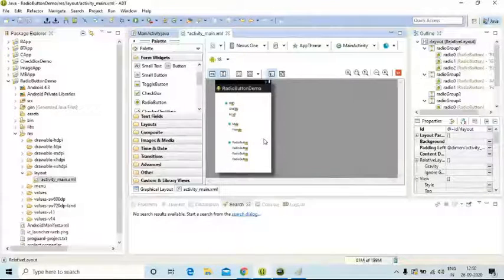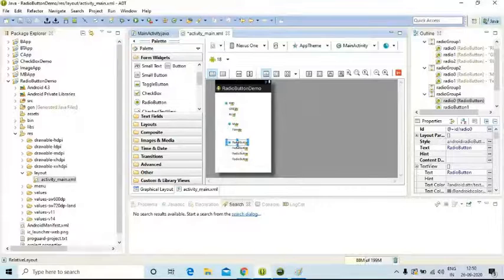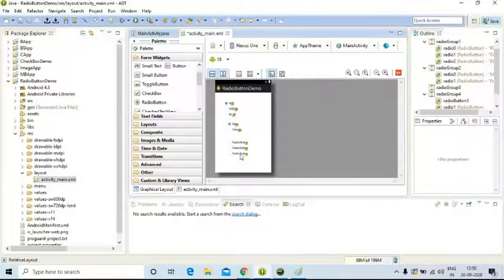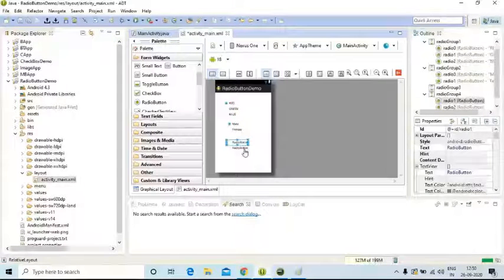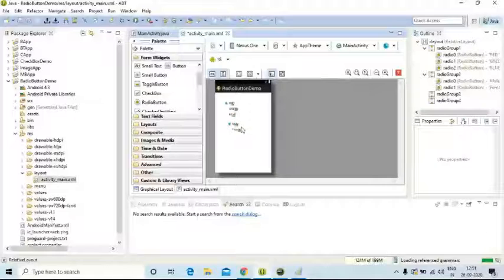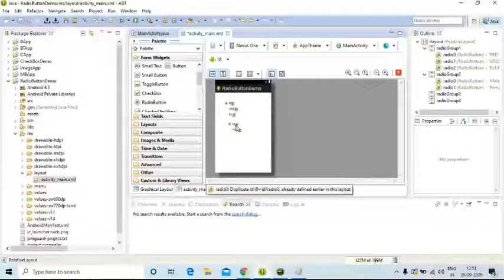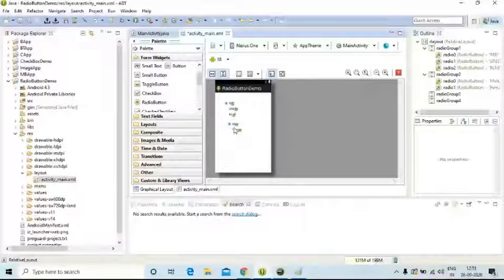Right. If you want only 2, you can select and delete. You can select from the keyboard and press delete. In this way, you can delete any number of things. You can add and delete as you require. It's not a big problem. Okay. Now I have taken radio group 1. Let's try to discuss radio group 2 on your own. Male and female, I will give this as an assignment.